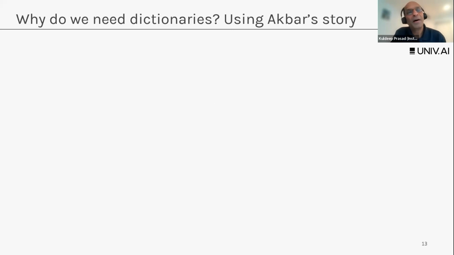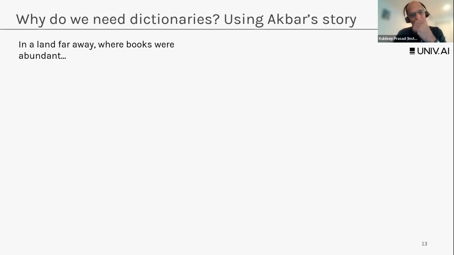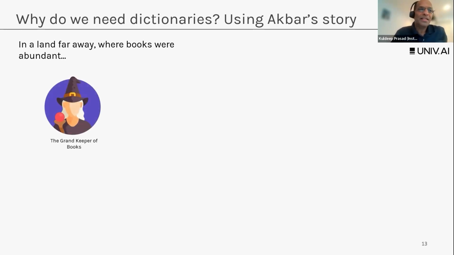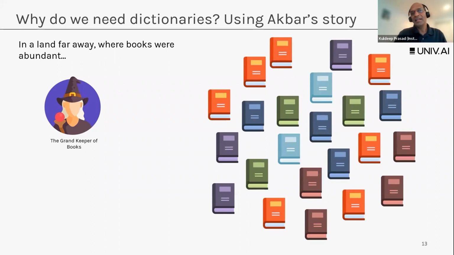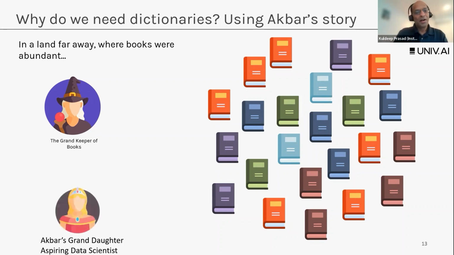So just to explain what dictionaries are, I'm going to borrow a story that Pavlos likes to use. I'm going to call it the Akbar story. This is basically Akbar. As you know, he likes to conquer lands. The good thing is that he didn't burn away those books when he conquered the lands. He used to collect those books, and he had a librarian, a grand keeper of books, and he basically had a lot of books. And every time he would go to a new kingdom, he would bring those books and give them to his grand keeper. And also Akbar had this granddaughter,